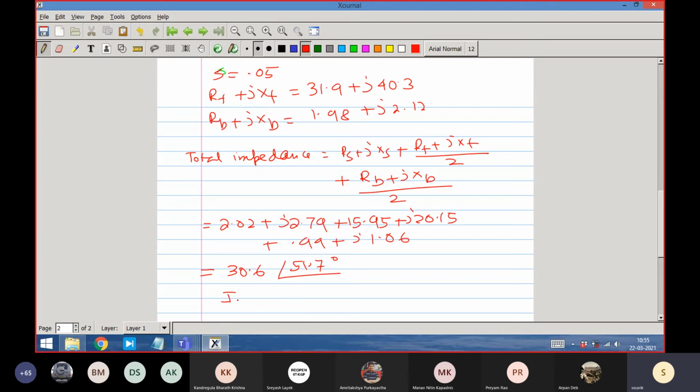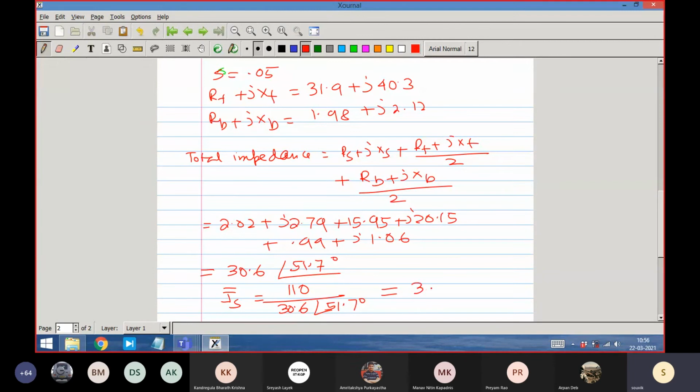So stator current IS is equal to 110 divided by 30.6. There is no √2 factor here. Now, nowhere √2 divided by √2. You people have seen sometimes do this in single phase case also. Take it as if it is a line neutral. So you do 110 by √3 and so many other things.